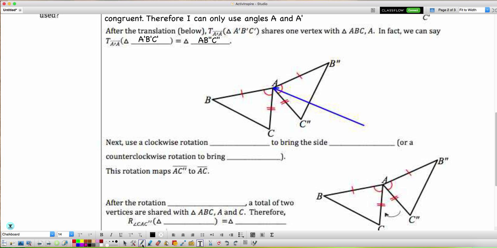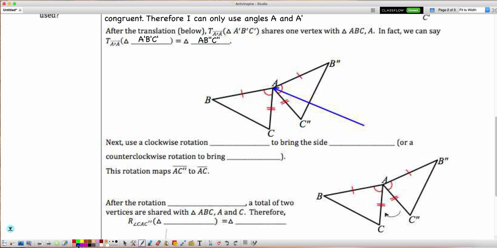And so notice I had you not get your protractor out today, and that's because I wanted you to see that we can just say to do a rotation given a specific angle. So if I'm trying to rotate these so that this side maps onto the corresponding side, because I know they're the same length, right? I could do a clockwise rotation going this way of that angle C double prime A to C, or I could call it CAC double prime, right? So I'm going to say clockwise rotation of angle CAC